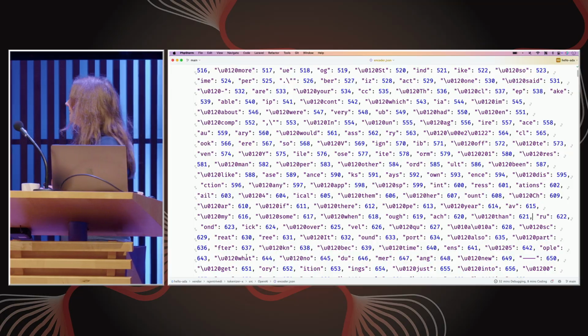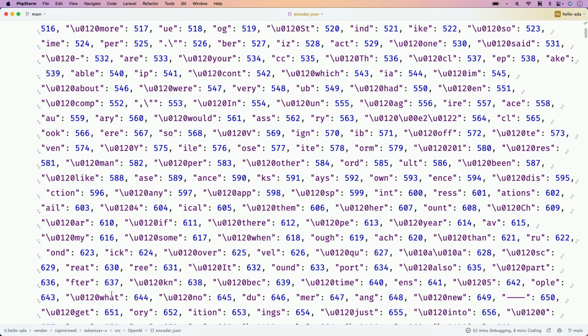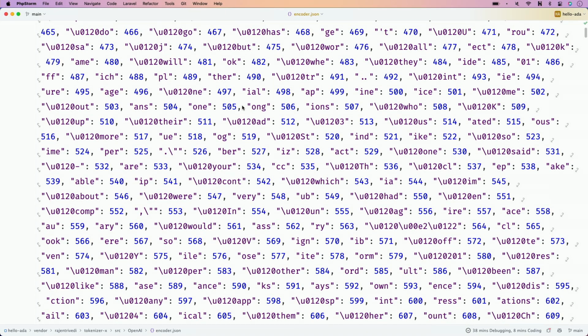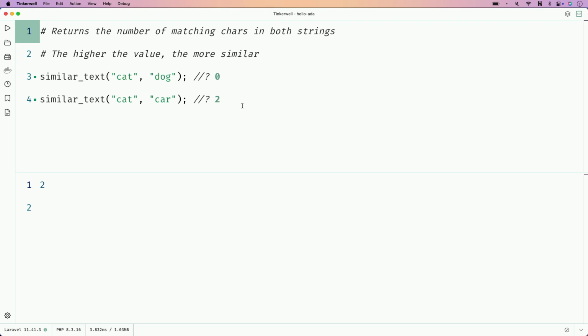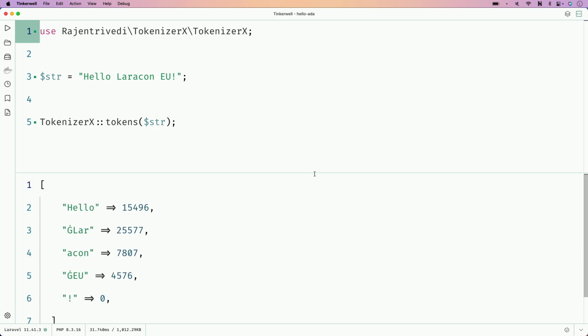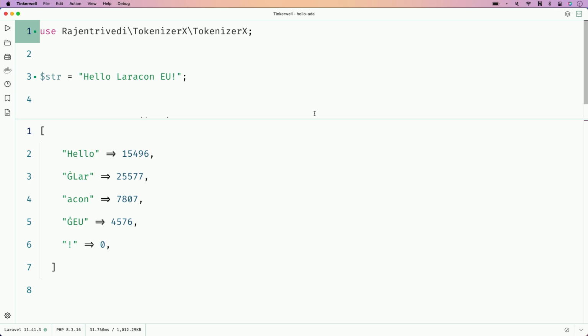So, this is a resource list for this tokenizer. And you see it's basically a very long list of words and word parts with numbers. So, for example, you see the word part OOK, like in webhook, for example, but also common words like very. Believe me, very is somewhere in there. And with this tokenizer, we can tokenize an example string. Hello, LARACON EU will result in these 5 tokens.